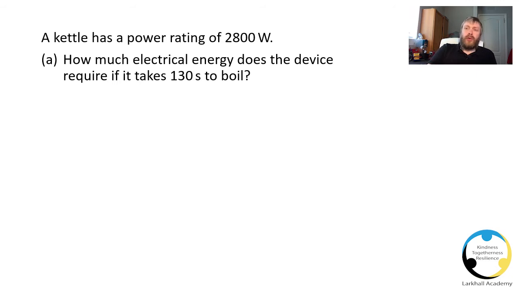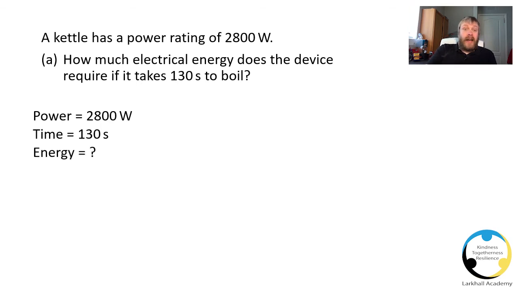We write what we know and what we don't know. So let's start off with that. First of all, we know that the power used by the device is 2,800 watts. We know that the time is 130 seconds, and we are asked to calculate the energy, the amount of electrical energy it's using. Okay, so now we know what we've got written down: what we know, what we don't know, what we're looking to calculate. Now we move on to our first step, which is, of course,